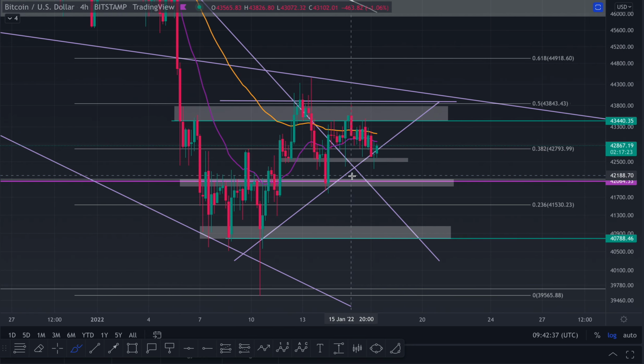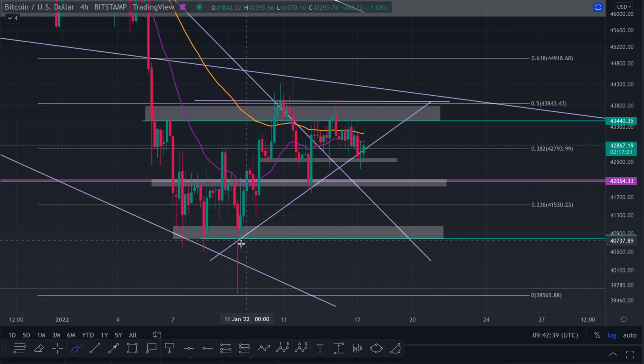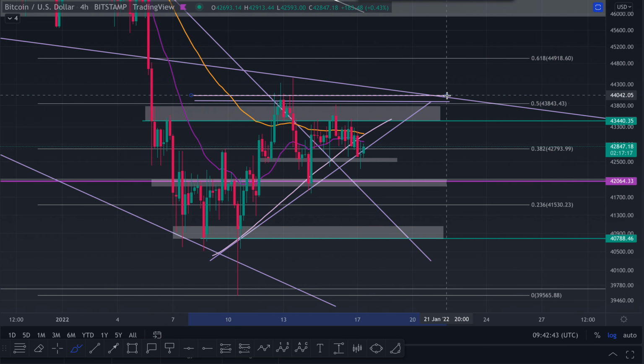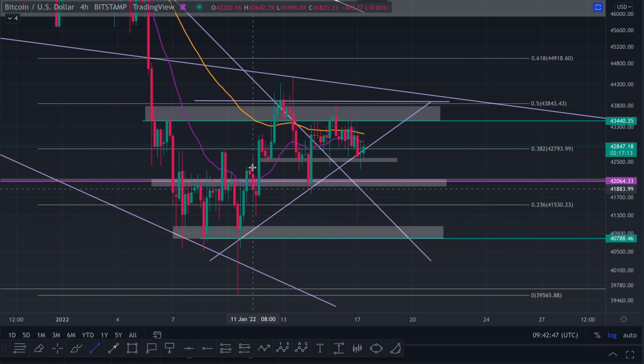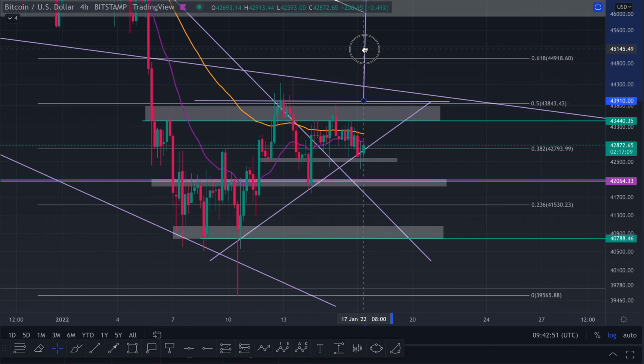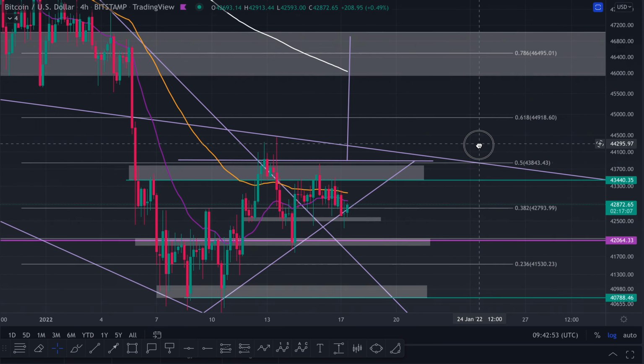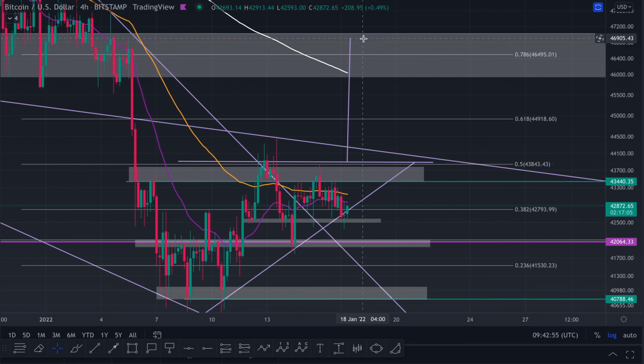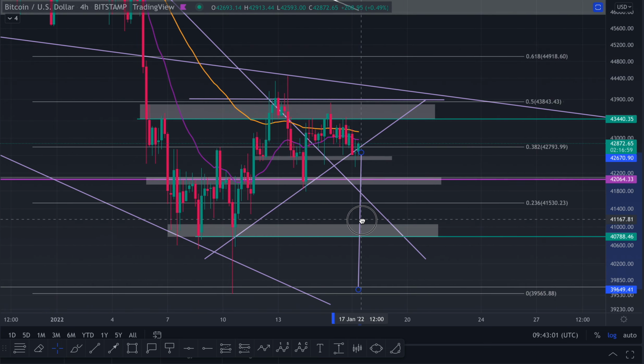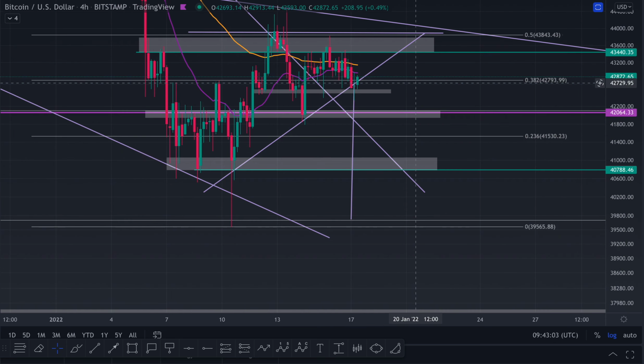We have some sort of larger ascending triangle right now. This is your support, and this is your resistance point over here. So let's get our target out of this. If we were to break out above 43,900, about 43,800 over here, you would have a target of roughly 46,900. But equally, if you fall down out of it,